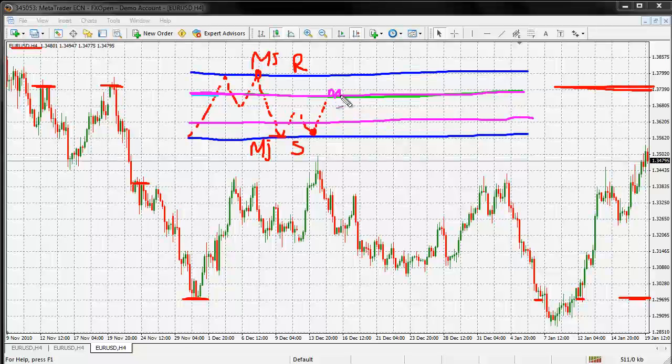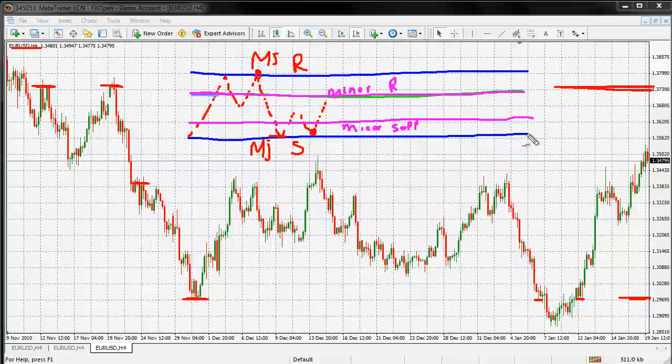So this is a minor resistance, and this one here is a minor support. Okay, and these are your big ones. The major resistance and the major support levels are the major areas in the